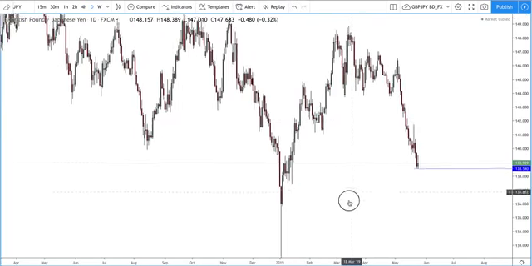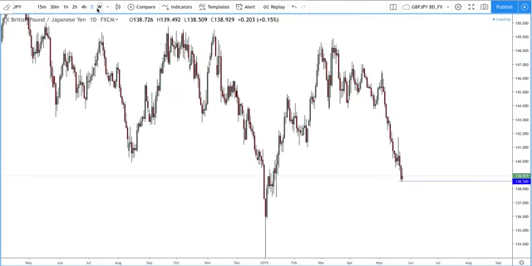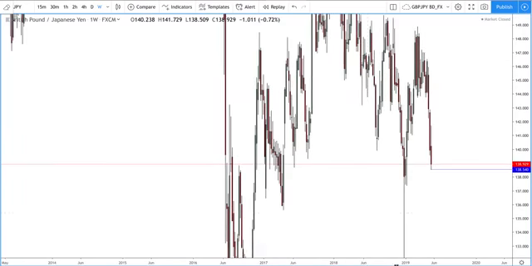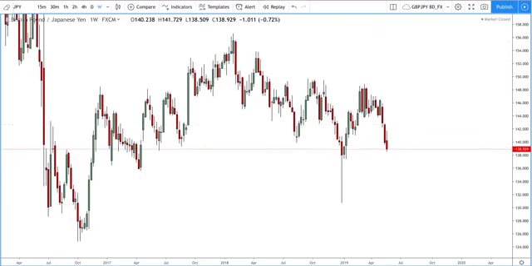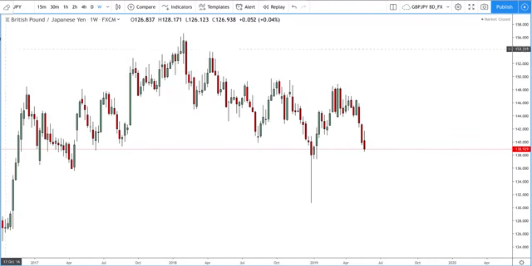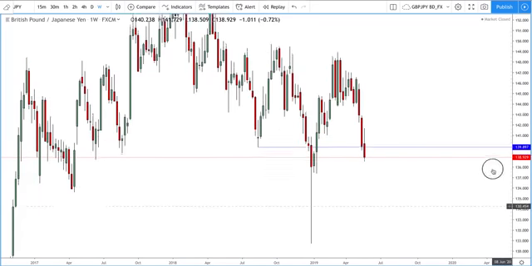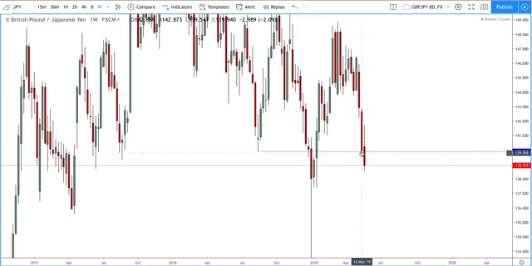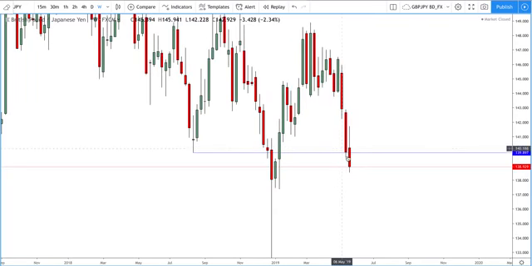GBP USD, quite a clean chart on this one. Just to show you here on the weekly chart, we've had a massive drop. 1, 2, 3, big push down, big push down. And what we had here is we had a major support, and we broke through that. So the week before, you see we stopped at that support, looked like we might hold, and last week we had a push up and then a big push down.